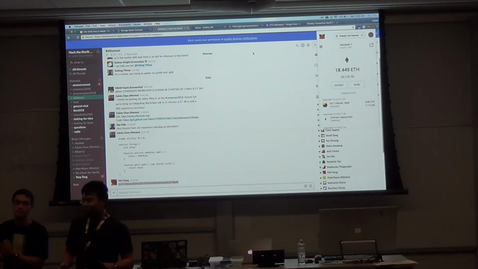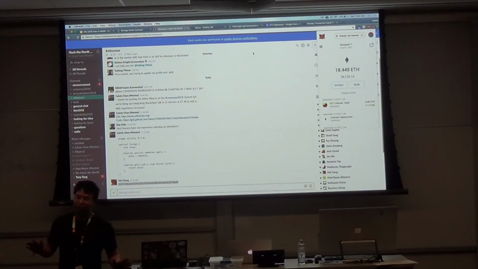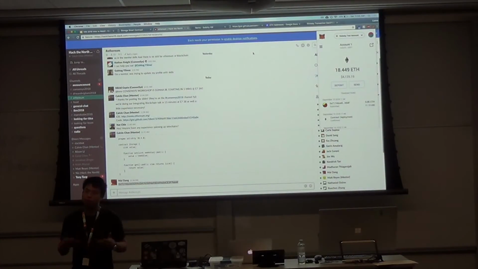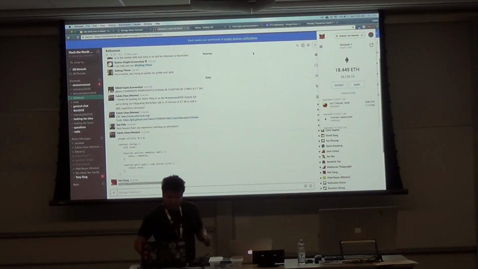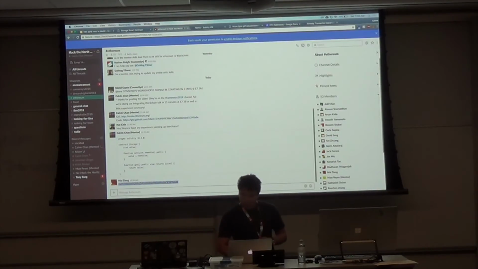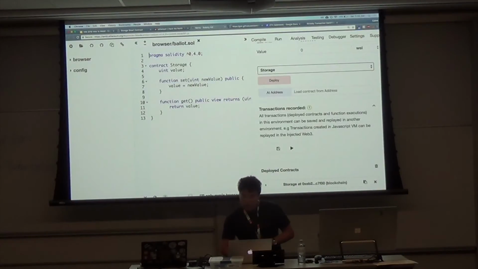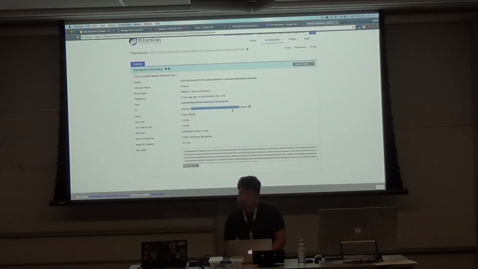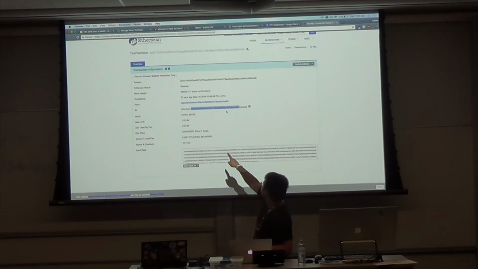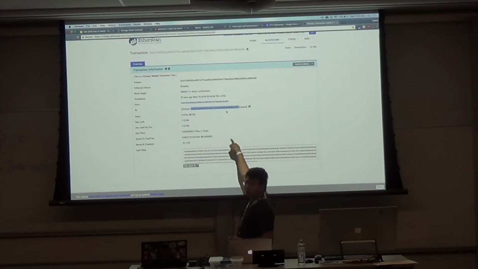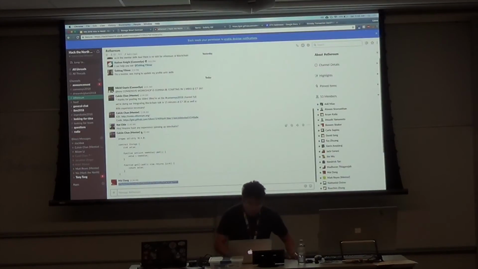Alright, we're going to go to the next step for now, but don't worry if you're falling behind or having any trouble at all. Just raise your hand if you need. So we're going to copy paste that address from Etherscan. It's this one. It says contract address created. This is your contract address. Now we're going to go over to this link in the Slack that we haven't actually posted yet. Give me one second.